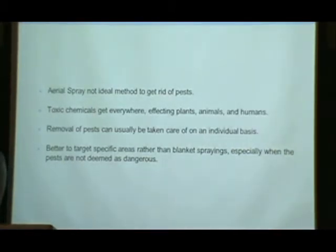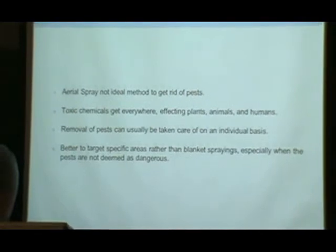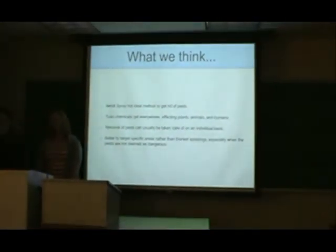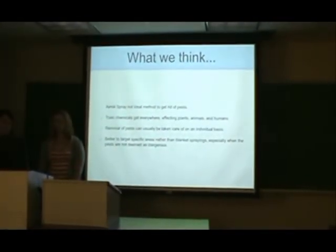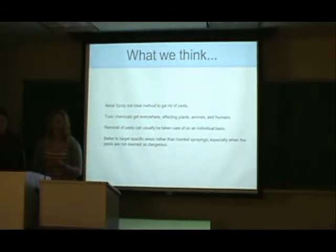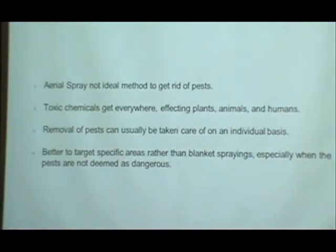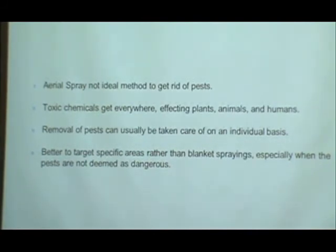So after reading the chapter and researching, we came to the conclusion that aerial spraying is really not that great of an idea to get rid of pests, especially because most of the pests that she talked about in the chapter and in our research weren't big threats and could be handled individually. And the toxic chemicals get everywhere, and it affects plants, animals, and humans, and it does more harm than good. It's better to target specific areas rather than doing huge blanket sprayings of areas where the pests don't even reside, especially when they're not deemed as